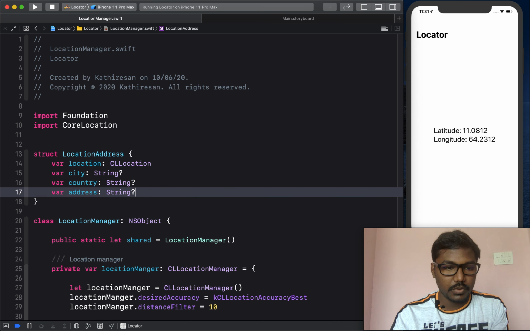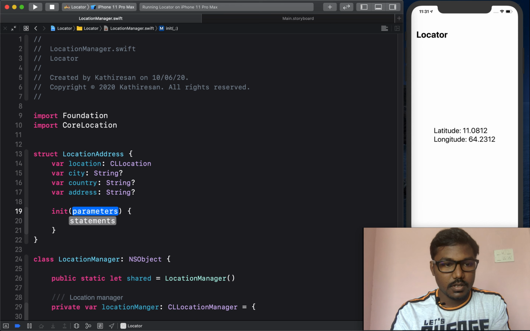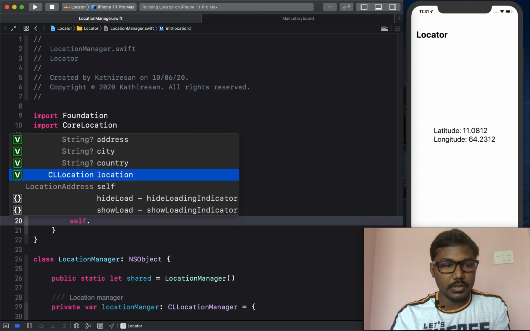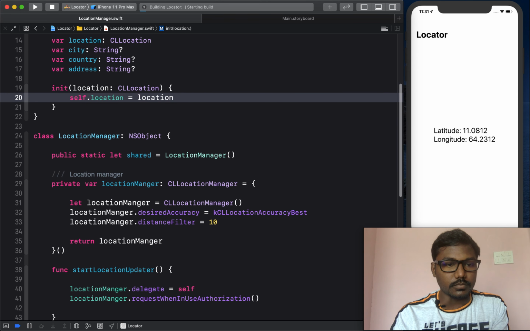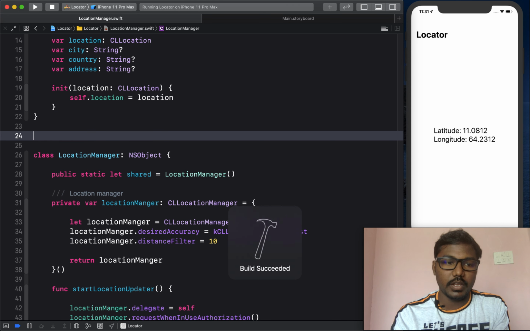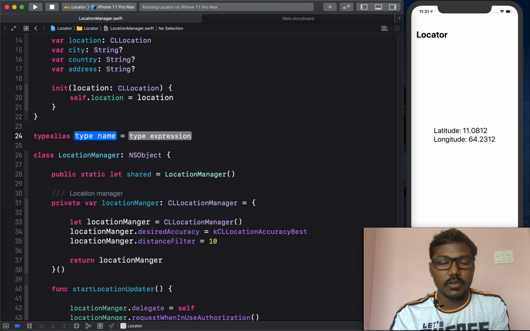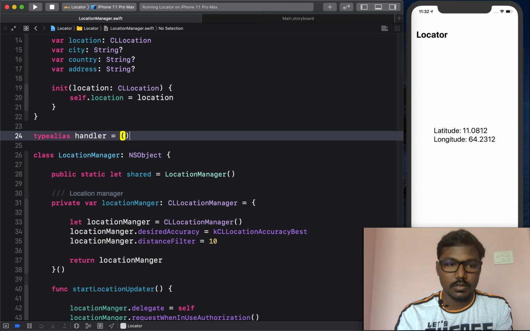I am going to create an init function for this LocationAddress. First of all, we need a location only, so I am creating an init with location. Then I am assigning the value to location. It's enough. And we have to create a typealias for a handler, so I am creating a handler as a